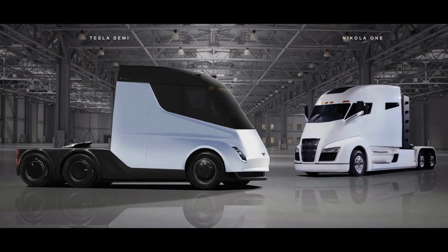Nikola's, I guess, advantage in this case is that they were first to market with their truck. So they did file the patents. They did come out with it first, before Tesla came out with the Tesla Semi. We'll see. It's something to keep watch on, and hopefully there will be a resolution that doesn't damage either company,